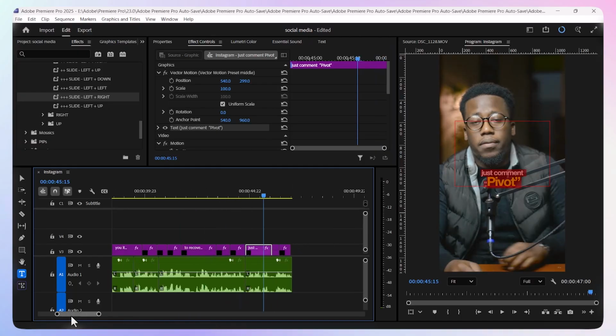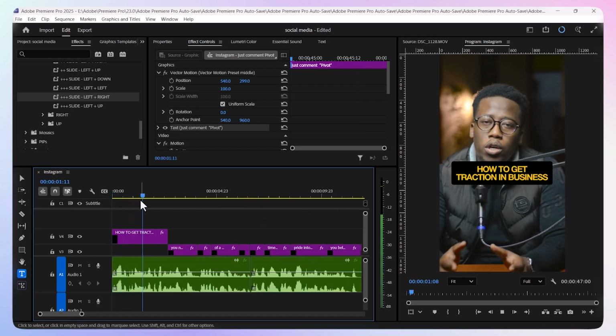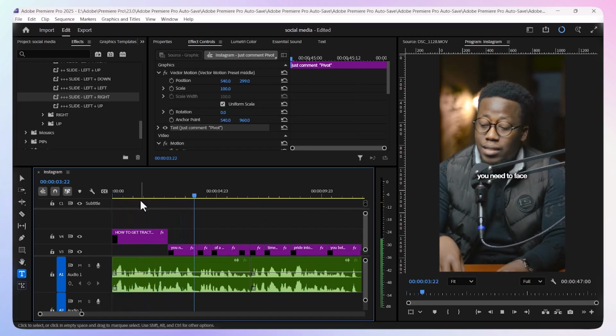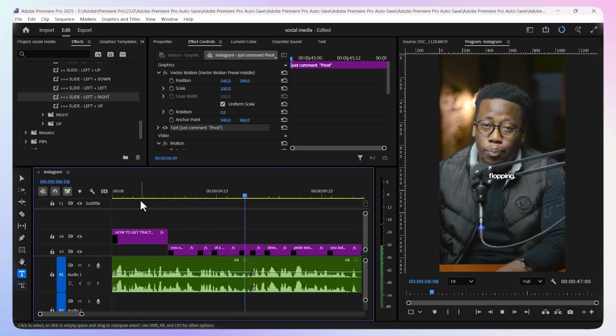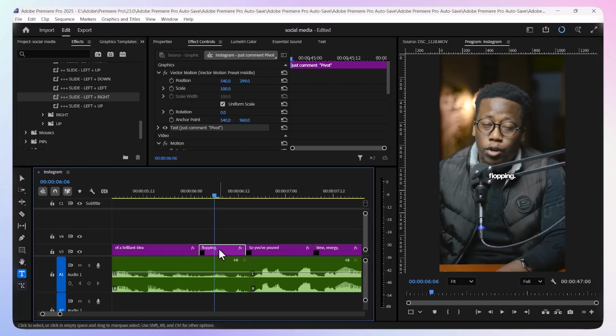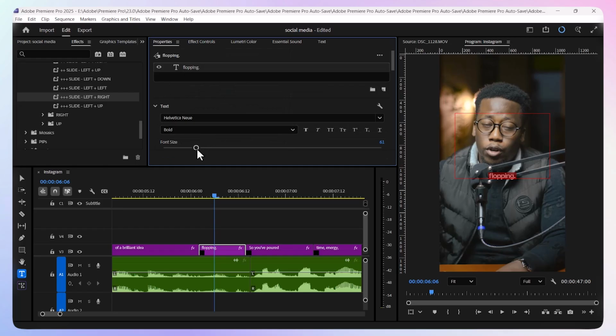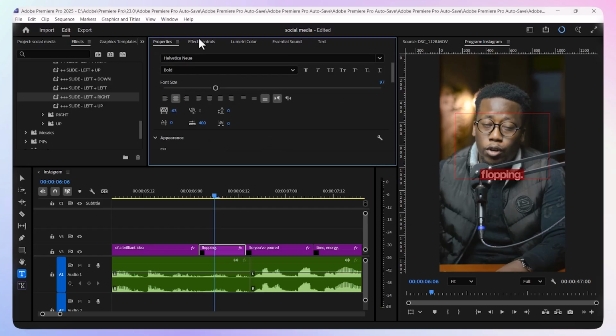Now this is how you edit. This is the simplest way. If you don't want to fail spectacularly, you need to face the ego death of a brilliant idea flopping. Now if you wanted to make flopping interesting, right, you can come and say, okay, let me come again and put, of course, if you want to edit as many videos as you can, you don't need this, but it's important to highlight big words if you're editing. So you can come here and say, okay, let me just